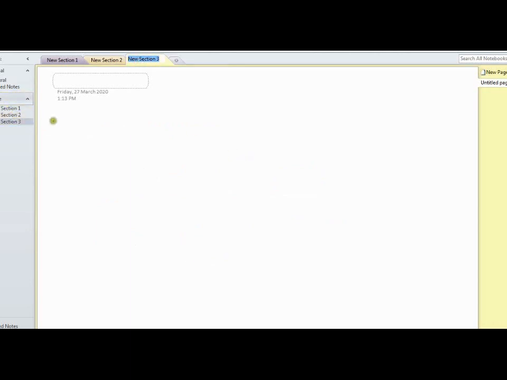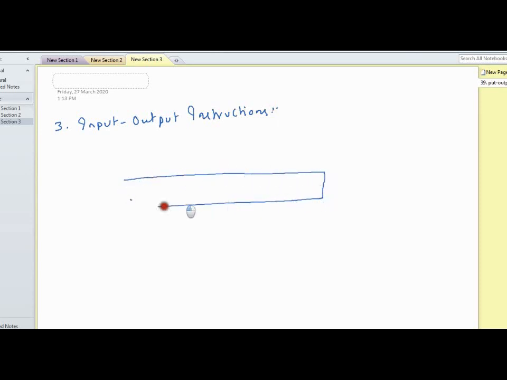Now come to the third category of instruction, input output instructions. For this instruction, the instruction format is like this.